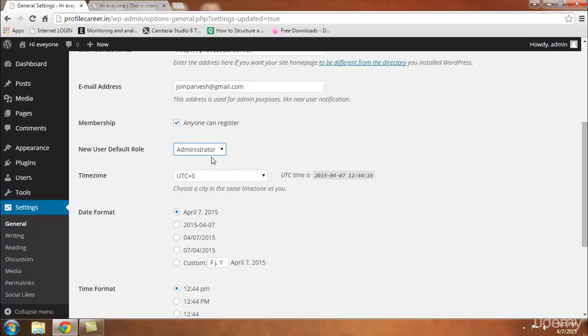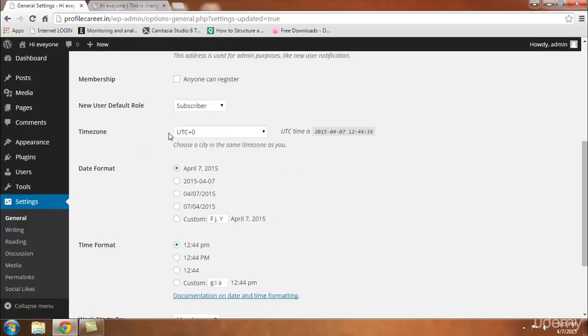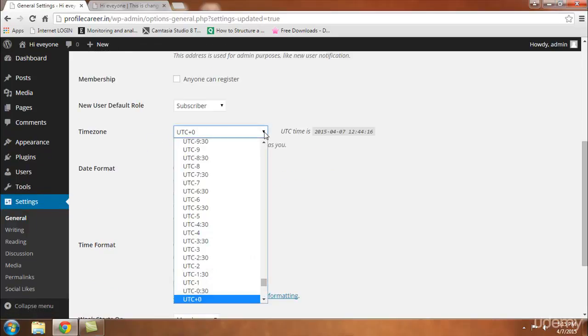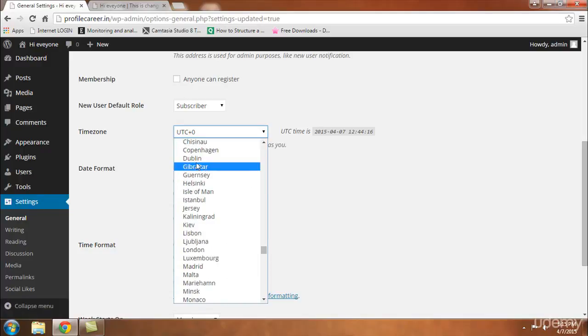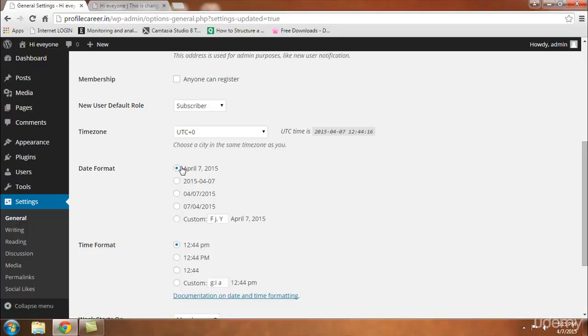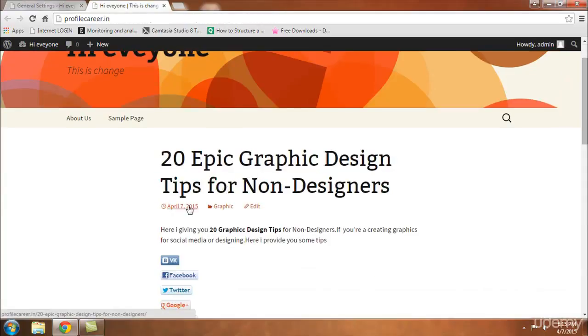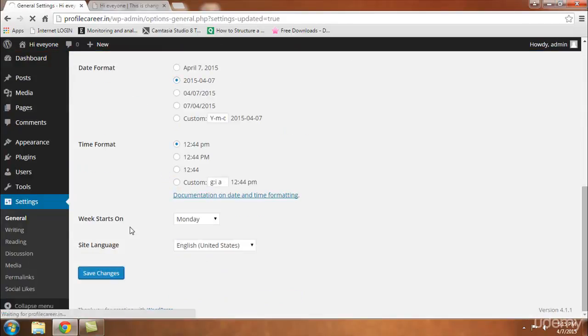You can define a role for your subscriber. In this case I check it off. You can define a time zone. As you are seeing there are different countries: Australia, America, Kuwait, Kathmandu. So you can define date formats also. As you are seeing here, April 7th, define it as month, year or something, and just save it